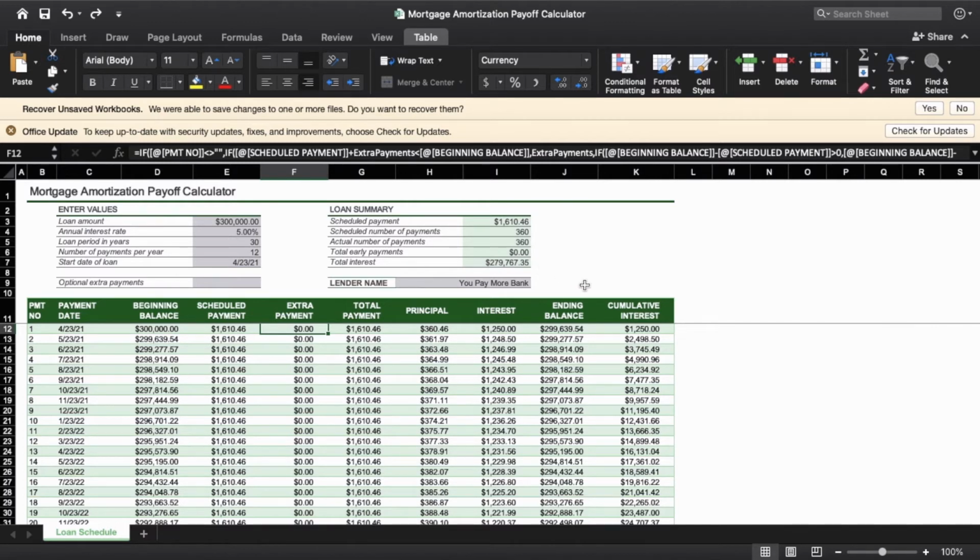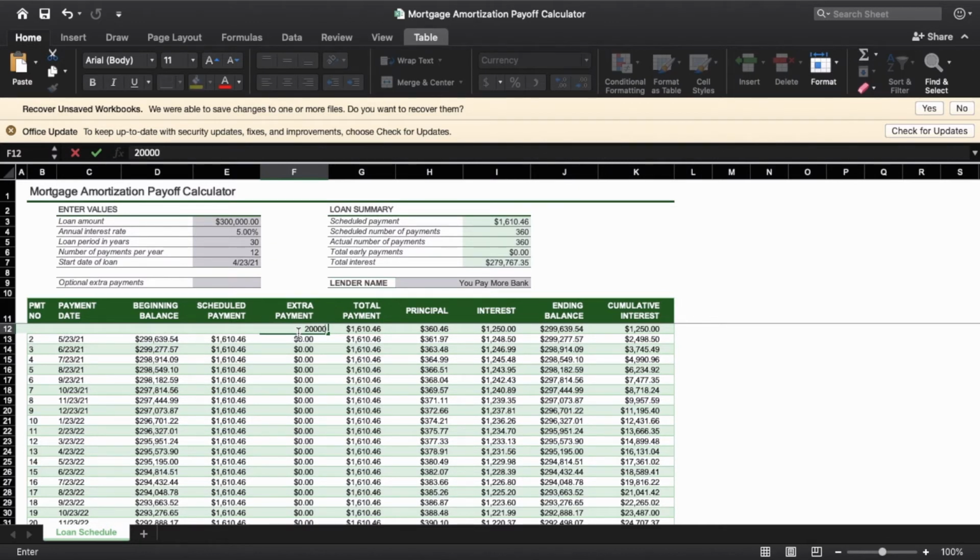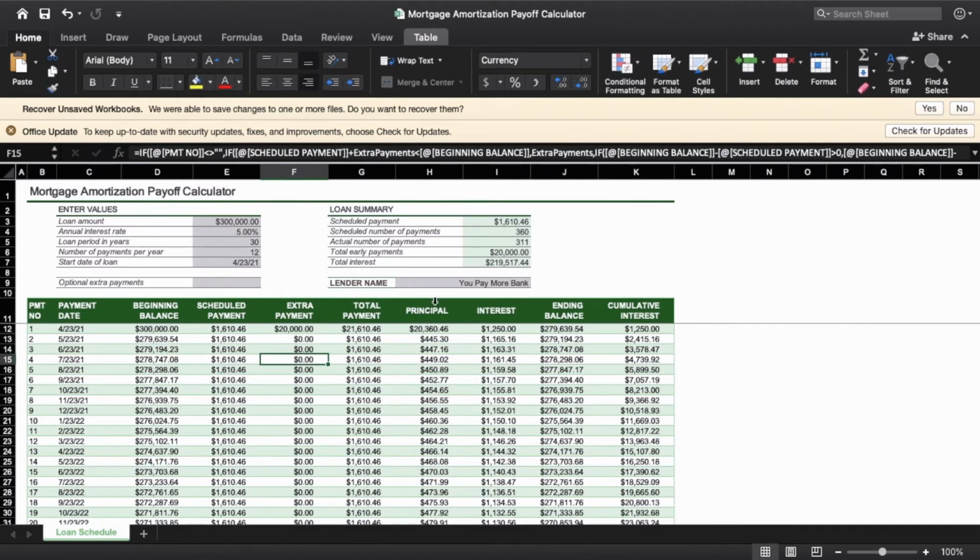So let's say that they have the HELOC, and the HELOC is going to be $25,000. Let's say that they're going to want to put $20,000 from their home equity line of credit. So they're going to borrow $20,000 out of the $25,000 that they have on the HELOC, and that's going to be their first payment. It's $20,000. So we see the interest rate 279. Let's put that in. You see that it goes down to